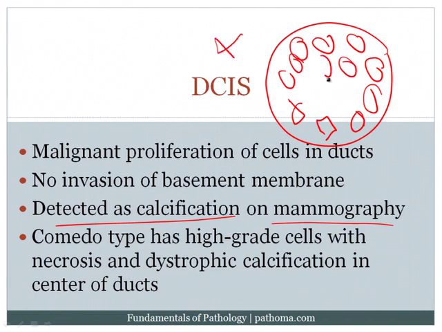And so these cells, as they grow, especially if they're high-grade and rapidly growing cells, the center will often die. And when the center dies, you've got dead cells. And remember that it's possible to get calcification on top of dead cells, which is called dystrophic calcification. So you can develop dystrophic calcification on top of these dead cells, and mammogram can then pick up that calcification.